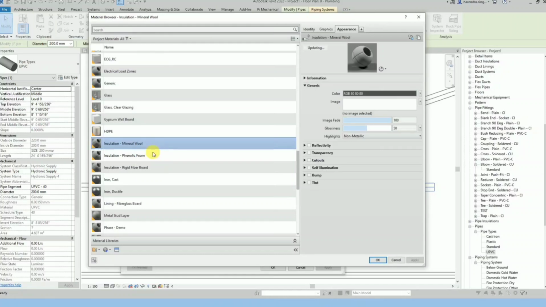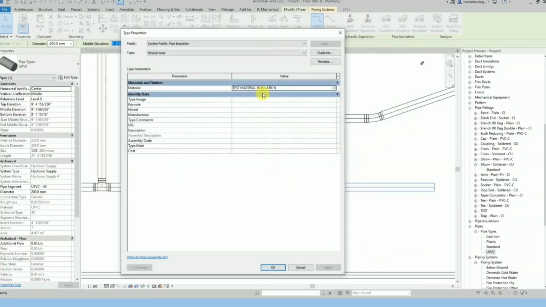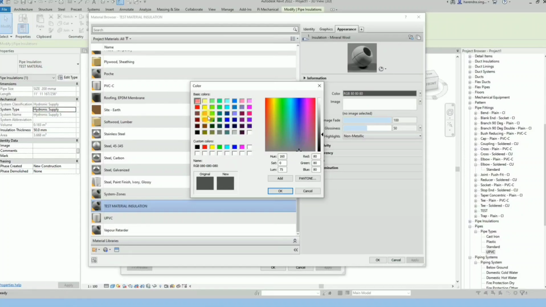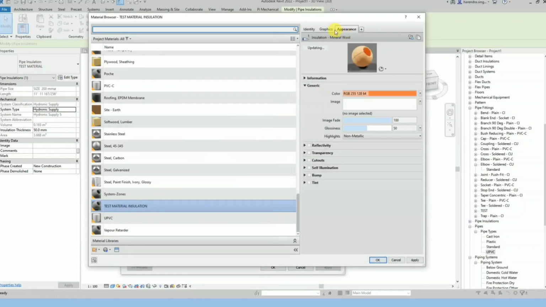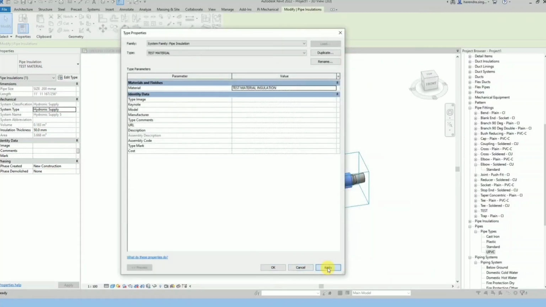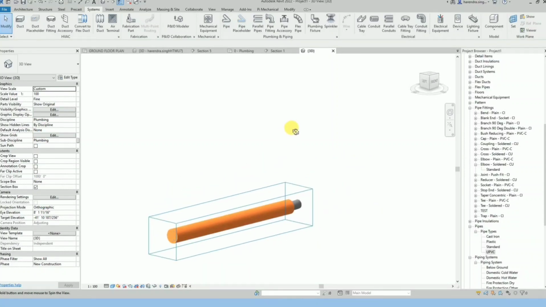Also, you can create the material as per the requirement. There are many materials available in the market for insulation purposes, so you can create them. Right now, as you can see here in material, I am creating a test material for insulation, and you can use that material also in your project. By default there are two materials available, and you can create more than two as per your requirement. Also, you can change the color of the insulation that you want to see in the 3D view. For now we have used the orange color for the insulation,